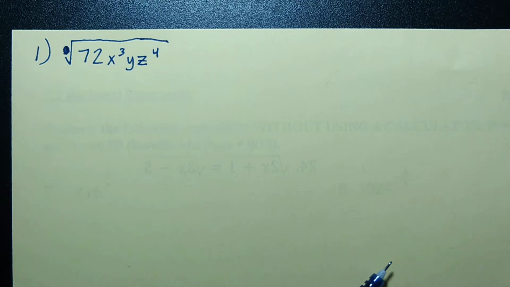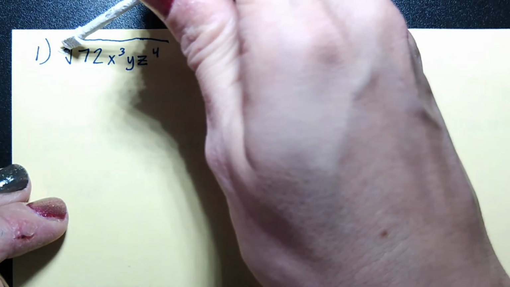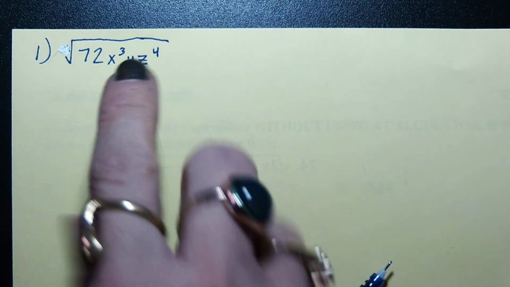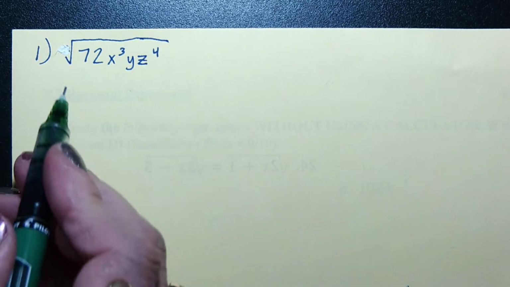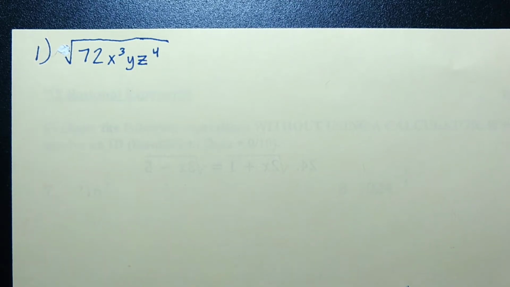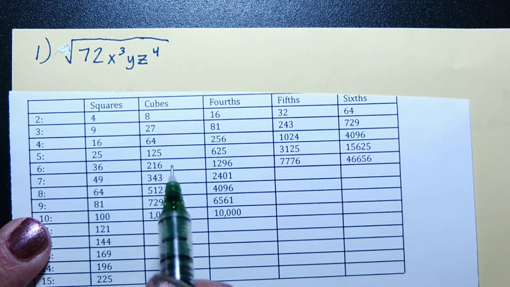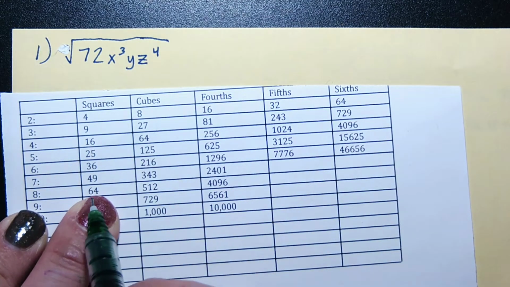So if I don't have an index explicitly written, what is the index of that radical? 2. It's got to be 2. You don't have to write the index of 2, but you might find it helpful once you start simplifying those variable powers. So if I'm taking the square root, we want to break 72 up into the biggest perfect square factor that we can. If it's not jumping out at you right away, what you can do is look at your squares chart